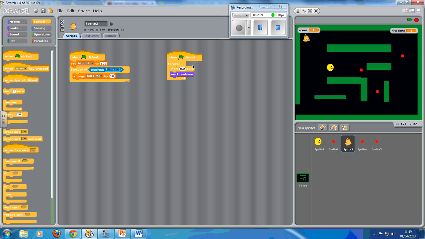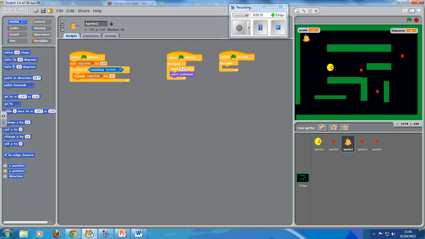Now the next thing is the movement. Again, when this is clicked, forever. If we come back to motion, we've got to glide. So instead of taking 1 second, let's make it 5 seconds. So I know where he's starting off, where do we want him to end up. So let's move him to about